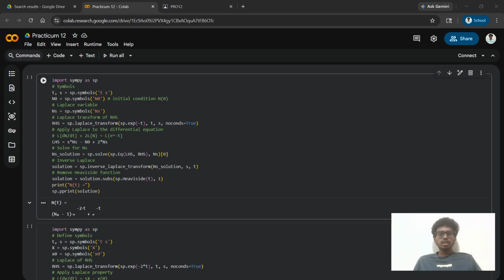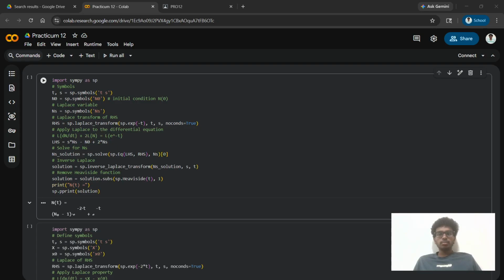Mathematically, the Laplace transform is applied to both sides of the equation. The derivative term is converted using the property that the Laplace of dN by dt becomes s times N of s minus the initial value. The equation is then rearranged to solve for N of s. After obtaining this expression, the inverse Laplace transform is applied to get N of t, which gives the time-based behavior